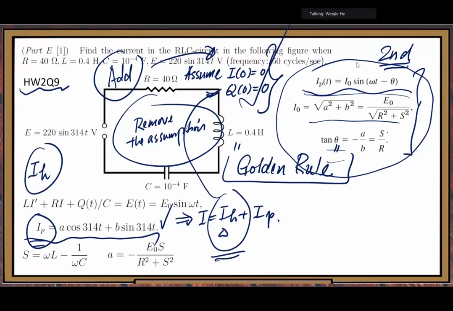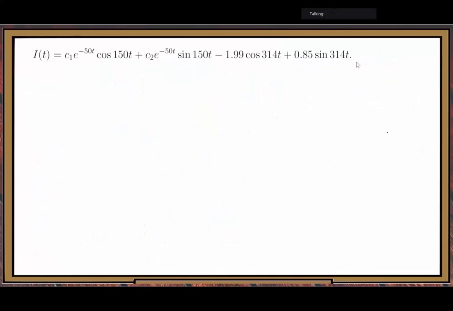In the textbook, let me show you. So this is the general solution. This is the RH part. This is the IP part. Adding together. But some of the students, when we write this RH part,